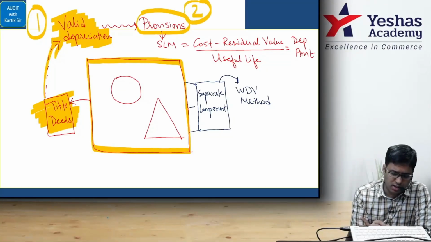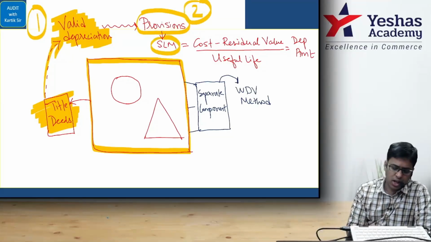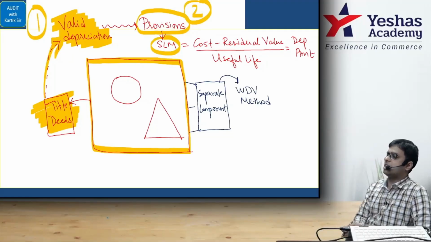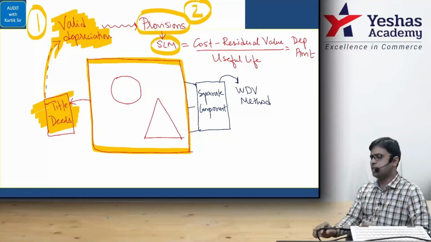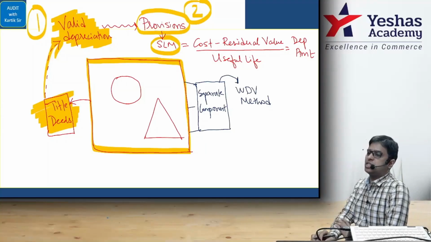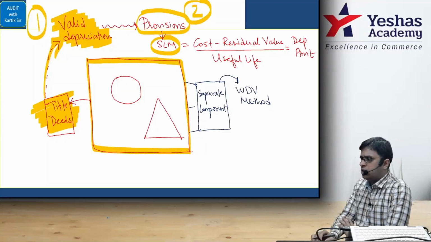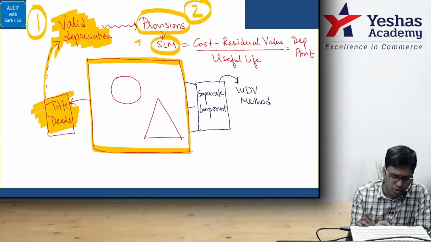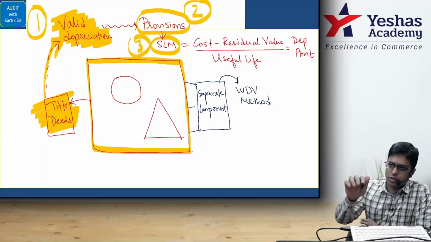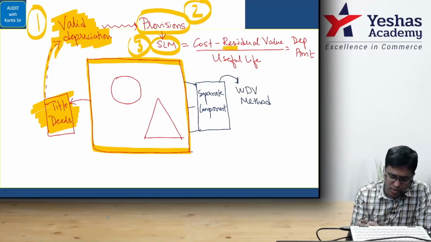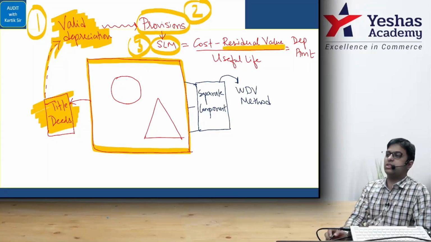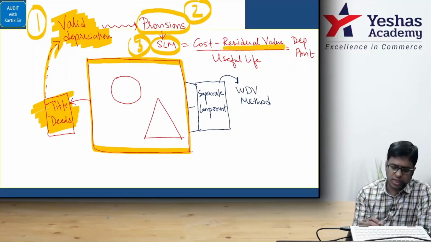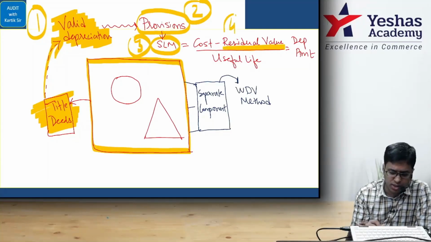Third, you will check the depreciation method for this machine. The machine which I have shared in this orange, you will see the depreciation method that the company is using. Don't say depreciation method, say accounting policy in relation to depreciation. What is the accounting policy, whether it is SLM or WDV, you will check that. Point number 4, my dear students, you will check there that the residual value is how much. What is the residual value? Means your scrap value. You will check the residual value is how much. How have they computed that? You will check that here.